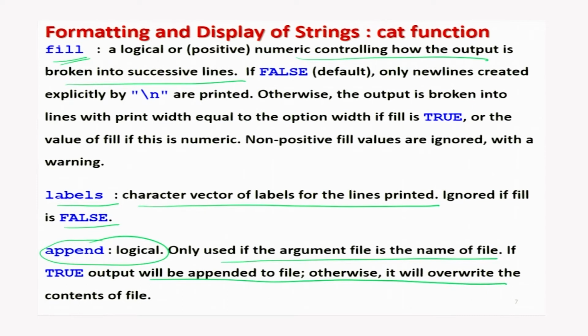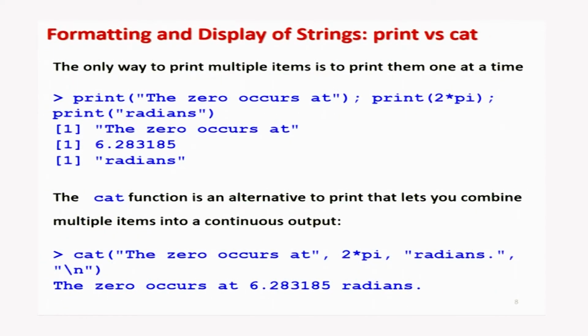Otherwise, if you want to overwrite the earlier outcome, you need to write here false. So there are many such options, and I would request you to please look into the help. Now I will give you a couple of examples so that I can show you the outcome of cat. First I would like to show you the difference in the outcomes of